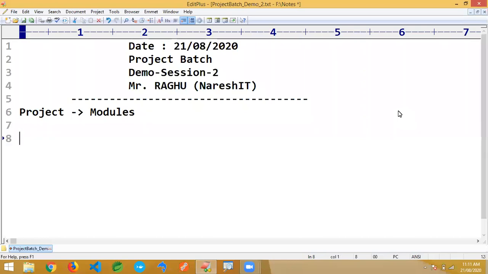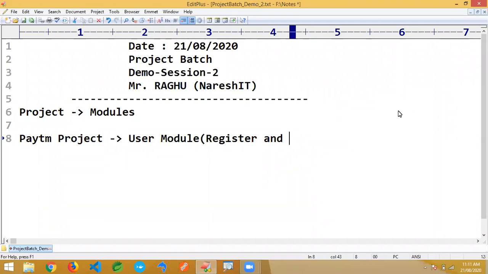Okay. So for example, take something like a Paytm application. It's a Paytm-type project I want to implement. Generally, what are the modules required? If you take the Paytm application and break it into individual parts, in the first stage you have to register and log in. That I'm calling a user module. So that's actually register and login. You can also call it a secure module. That's one module.